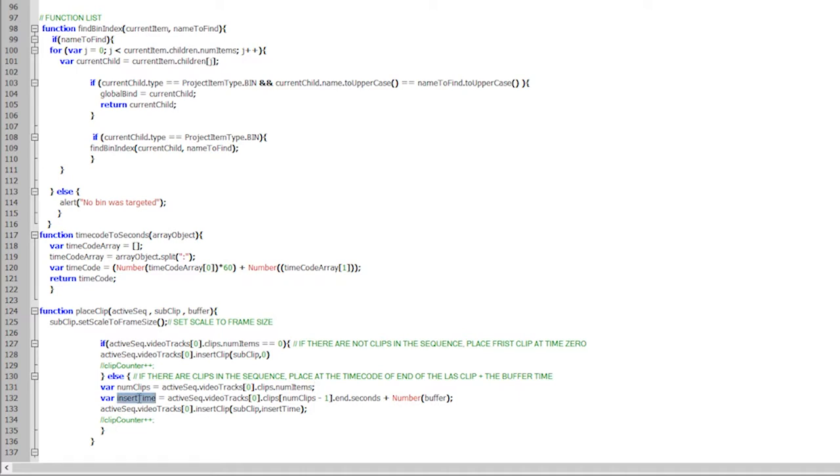And then we're going to calculate the insert time, which for us is going to be ActiveSequence.VideoTracks[0].clips[numClips minus 1]. Remember, same principle when you're looking for the last item of an array. You take the number of items in that array and minus it by 1 because the array starts at 0. Then we're going to go .end.seconds, returning us the end of that final clip in seconds, and then plus